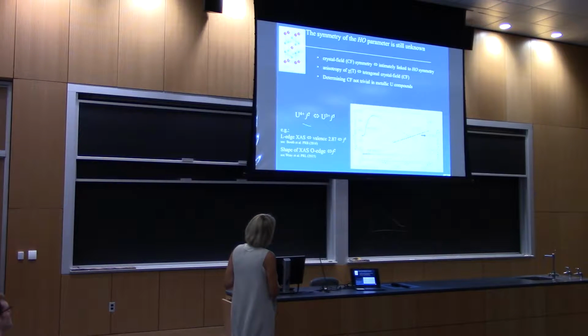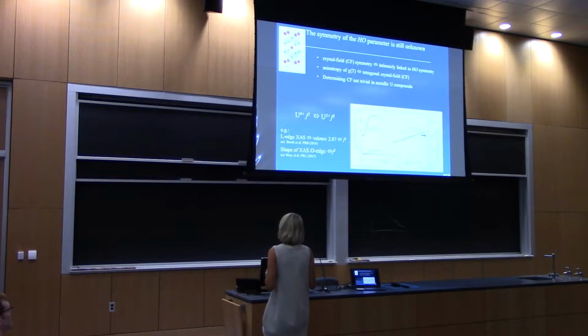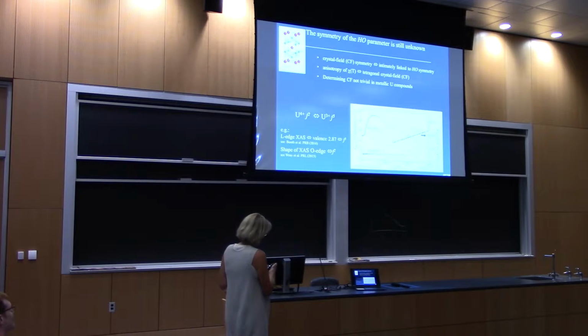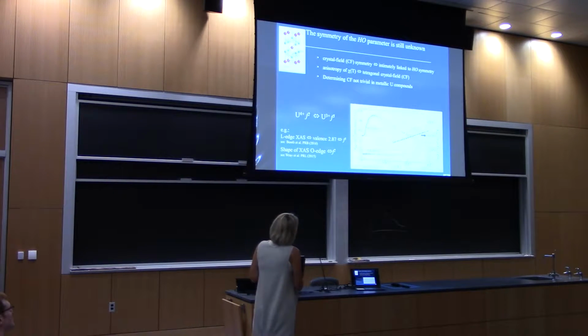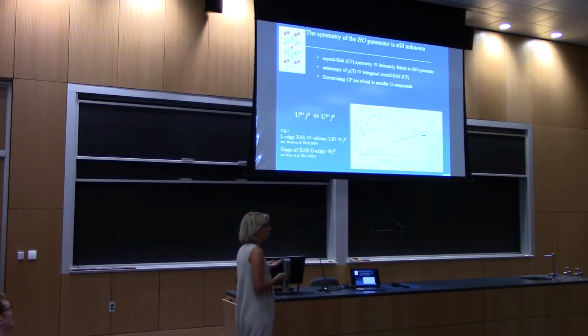Another complication is, of course, what configuration we are starting with, the f2 or the f3 configuration. We heard here too, there are very recent data by Booth et al., x-ray absorption data, and they find a valence very close to 3. Then from your data, you can describe your line shape with an f2 configuration, right? And here also, I think the high temperature susceptibility is more like an f2. I don't think it's either-or. It is more the question, what model do we start with to describe the symmetry? And there,